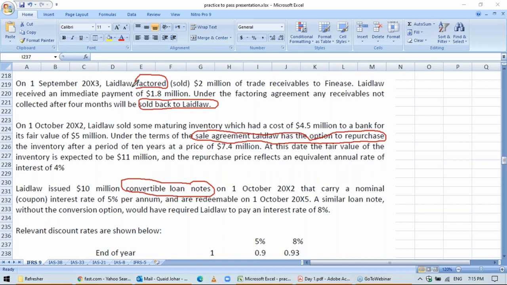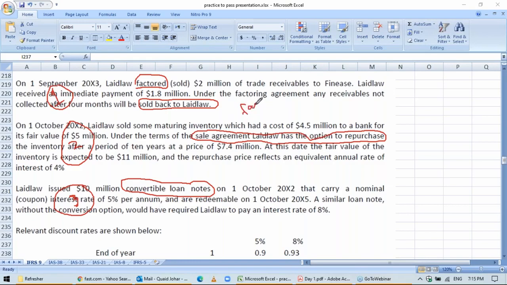Okay, students. So the first case, the first paragraph covers factoring arrangement. The second case covers sale and repurchase agreements, and the third case covers convertible loan notes. So we have already discussed the convertible loan notes, but now we are going to discuss the factoring